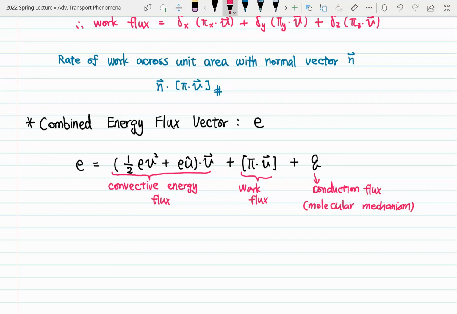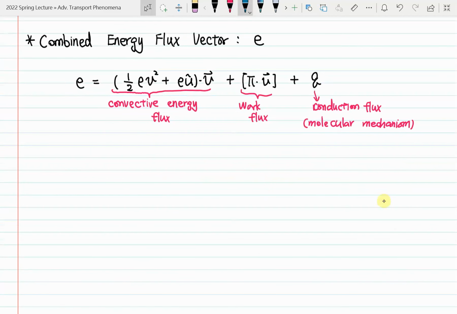And before we continue, we can take a look at the molecular stress tensor here. So if you look at the molecular stress tensor, which is actually introduced in fluid mechanics, it's going to be pi, and it's basically equal to the pressure term plus the shear stress term.